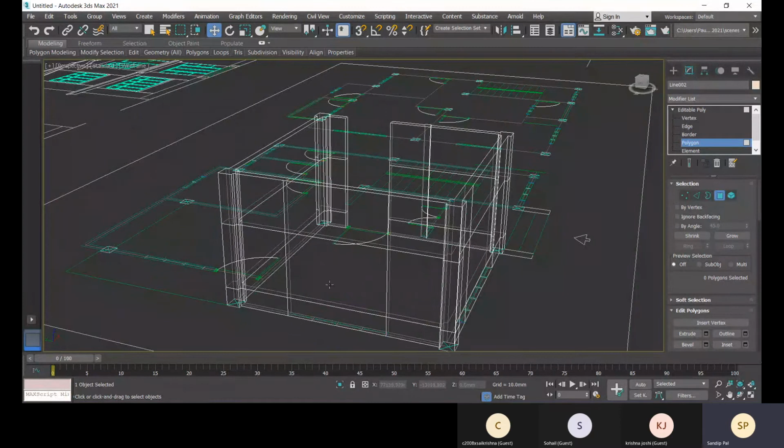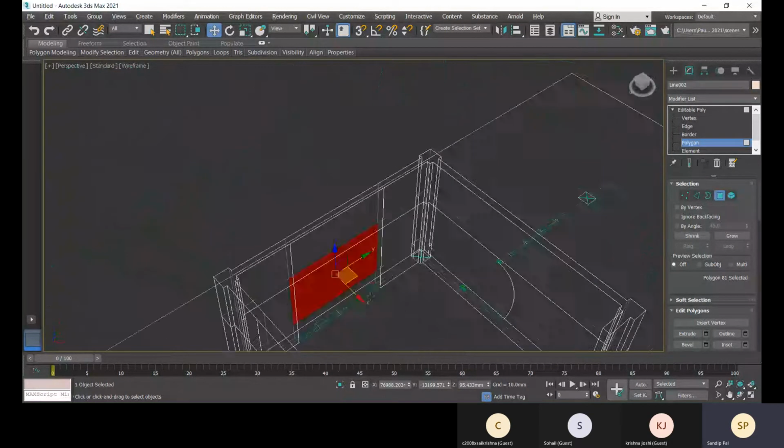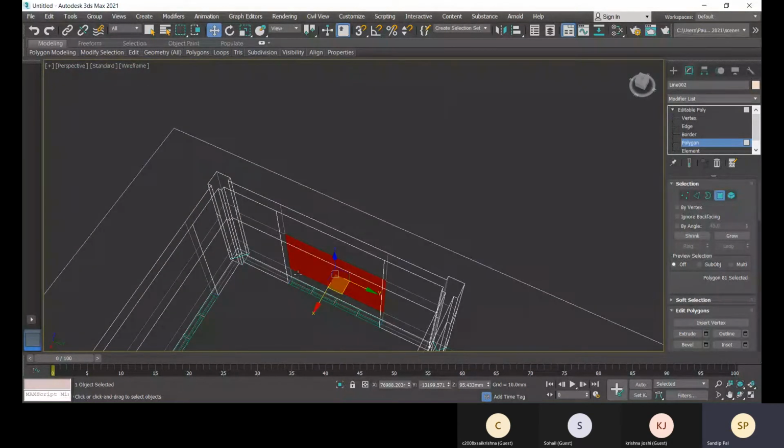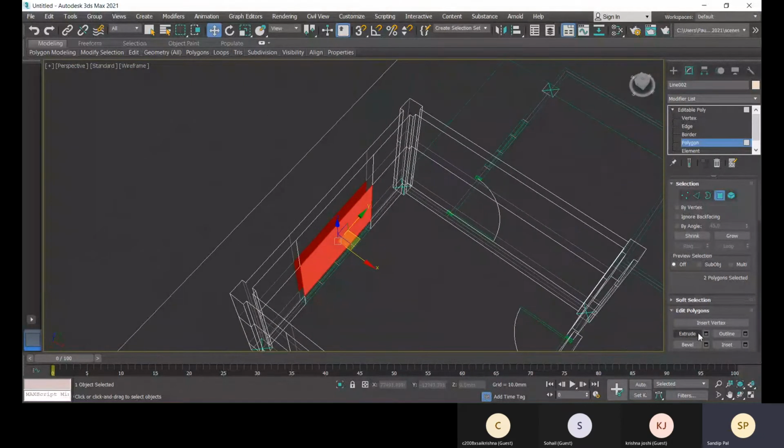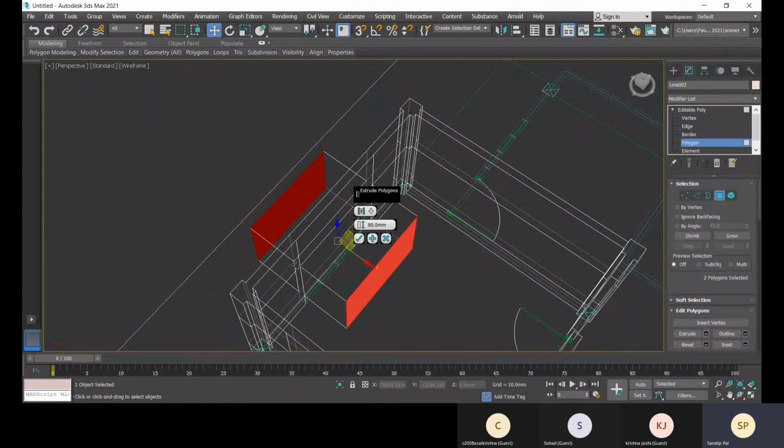For that, what you have to do is, with this polygon, select this surface and then select this surface with control, and then you have to extrude it, not in the positive direction, but in the negative direction.